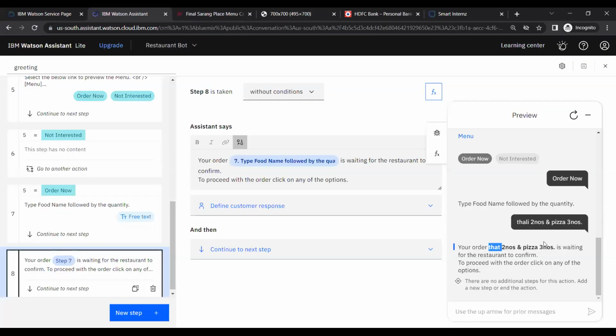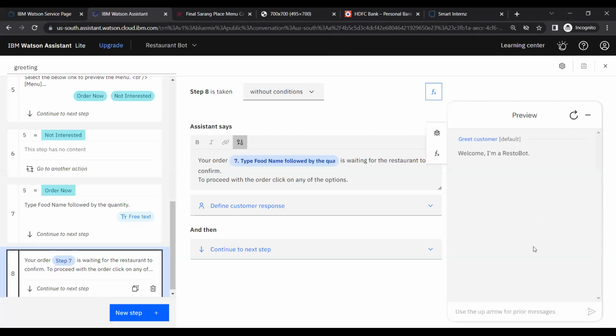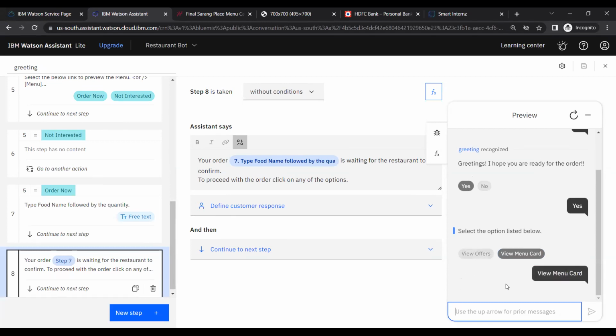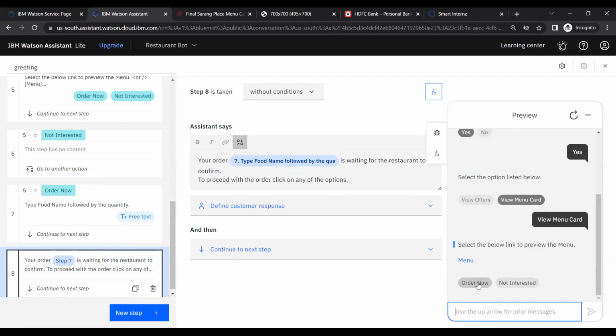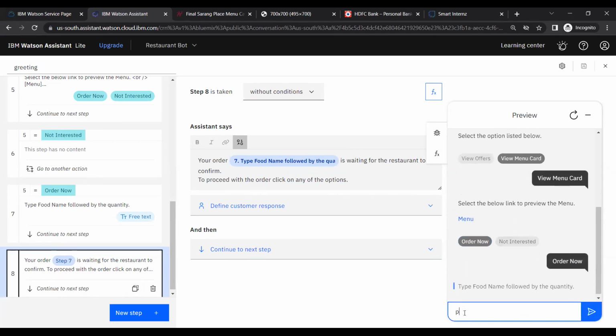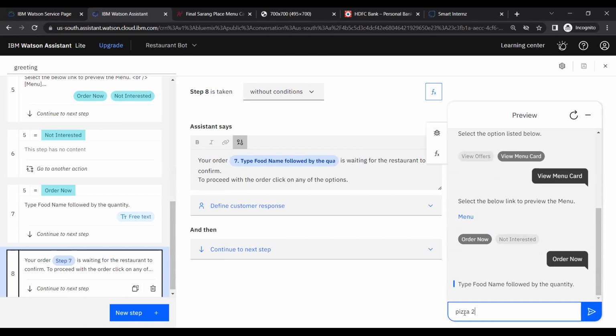Paneer, suppose. Paneer I'm just doing. What I need to do? I need to refresh once again. Hi here. Greetings. I hope you are ready. Yes, we are ready for the order, and directly go with the menu card. I want to place the order. I just want like pizza with two numbers and